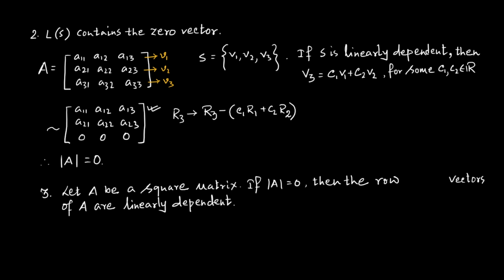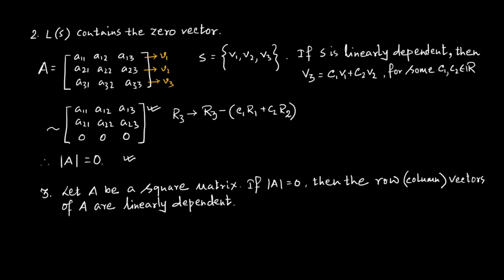Now, if instead of rows I do the same kind of calculation for columns, say the three column vectors are linearly dependent, then can you tell me what determinant value I will obtain? In that case also the determinant value will be 0. You can do column operations to calculate the determinant, and you will get one column totally 0, and as a result the determinant value will become 0. So this result which I have stated in the remark is true for columns also. So I will write: if row or column vectors.